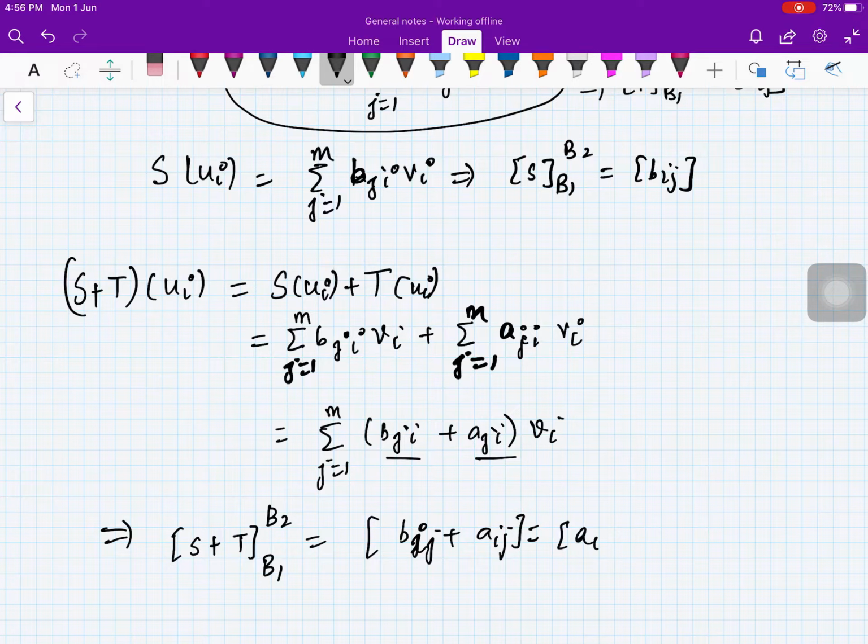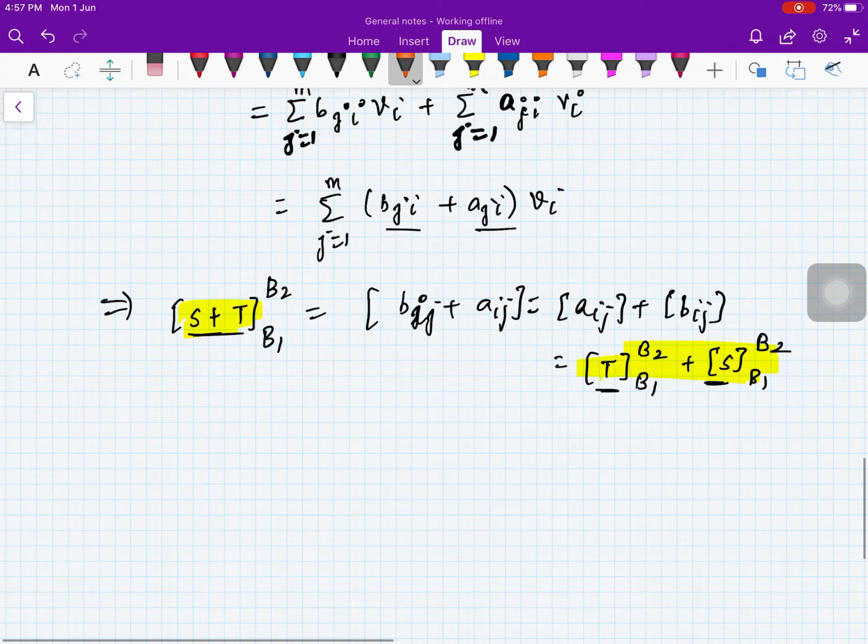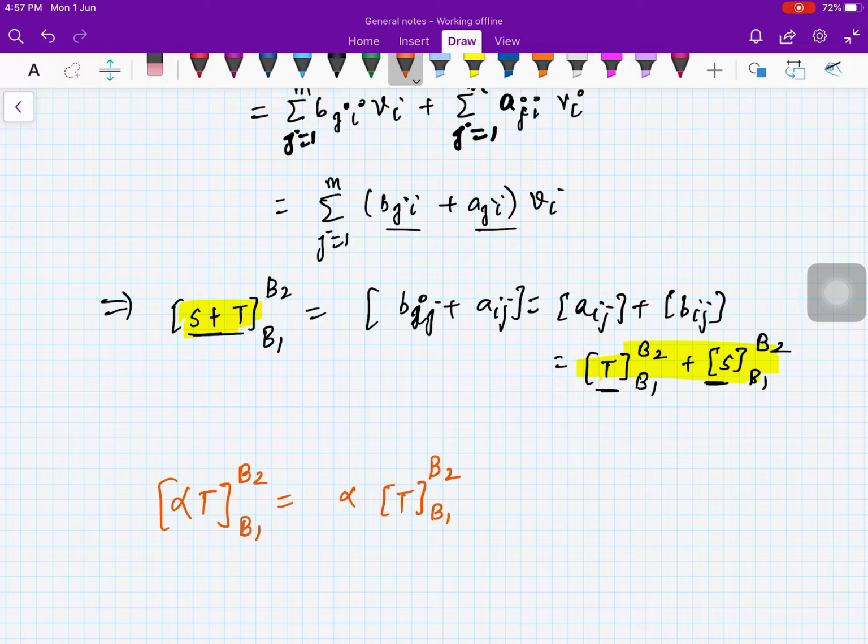Now we know that addition of matrices, you can write like this, aij plus bij. So what is this? This is the matrix representation of T with respect to basis B1, B2 plus the matrix representation of S with respect to basis B1, B2. Here you note that because it is commutative, I am not taking care of whatever I am writing in the beginning. I can write S in the beginning or T. It is my choice. Right. And similarly, the second one, alpha T plus beta S with respect to basis B1 and B2, is very easy to prove. That is homework for you. This is quite simple and you can easily do it.